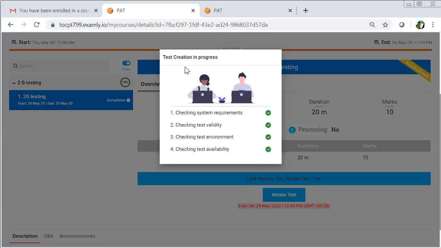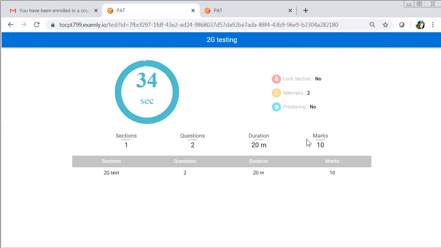It will ask you to enable your microphone and your camera. This screen will show you how the exam is going to begin. Actually, the exam will begin exactly in the allotted time only. At that time only, you should click, and before that, you should keep ready your laptop and all other accessories. Keep ready and sit in front of the system. Exactly at the time, if you click, the exam will begin like this.